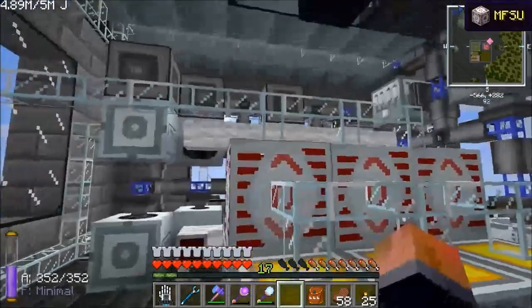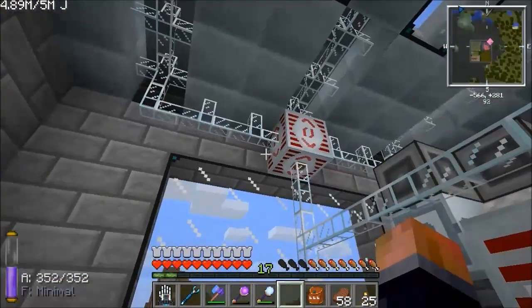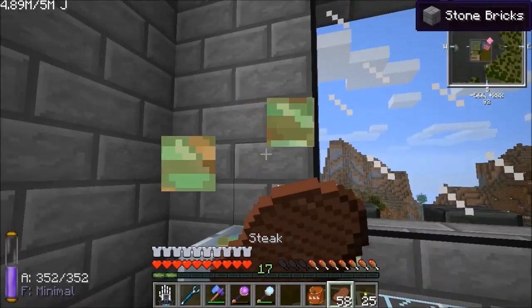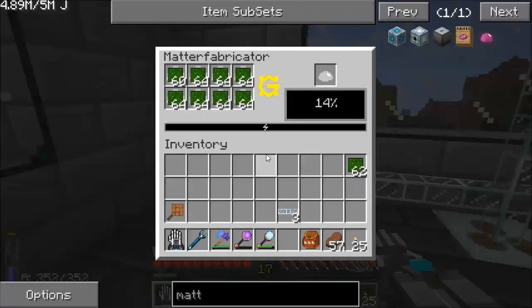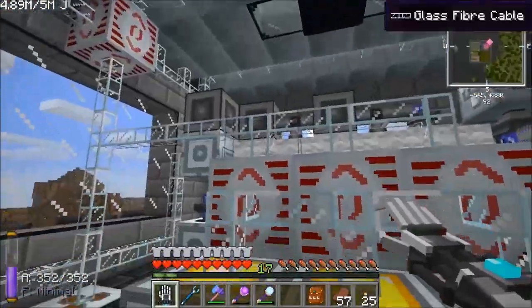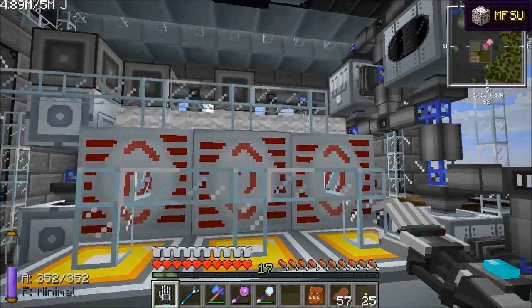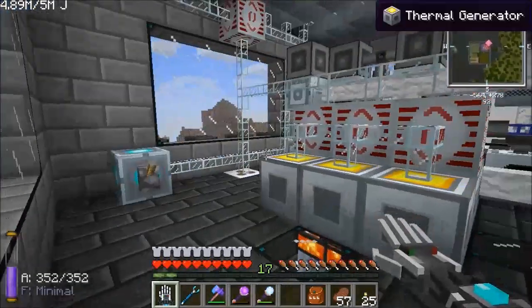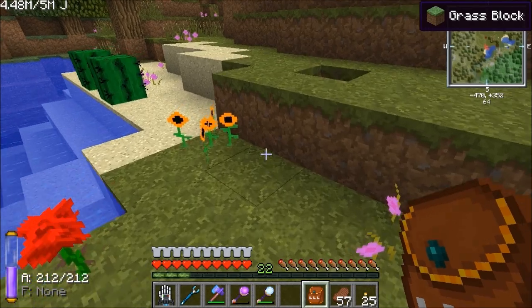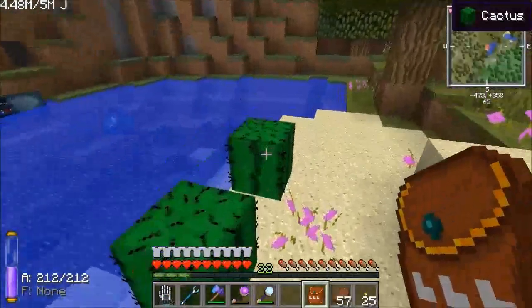A good way of keeping an eye on this is making an industrial information panel, which I think I'm going to make now. I'm going to get the bits ready for that off camera, and when I come back I'll show you what we can do with that, and that'll let us know how our power's going. So I should be back in a little while when I've got a couple of things ready, and we'll see how things are going. Okay, I'm back, and I needed some cactus green for making this next thing I'm going to make,